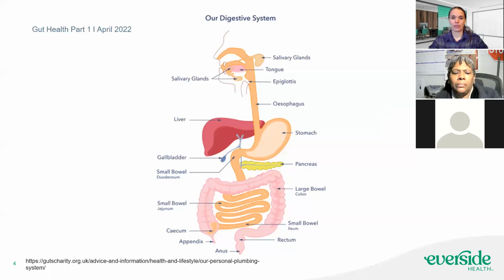So quick overview to get started of the GI tract. We have this wonderful system that starts with our mouth and goes through the esophagus, the stomach, into the intestines, and through the colon. So digestion actually starts in your mouth. If you look at all the food that we eat, just quickly break it down into three nutrients that actually comprise the calories. You have carbohydrates, protein, and fat.